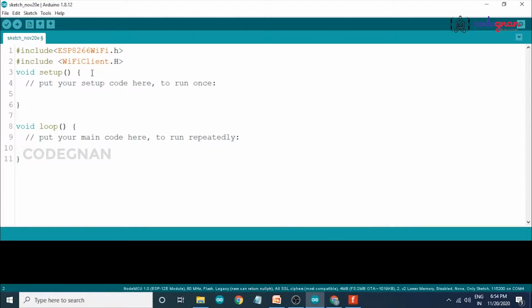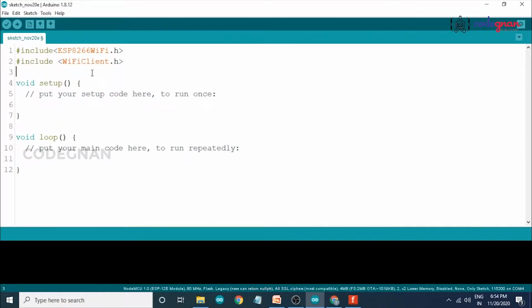By using these libraries, we can send our data to our web server, that means our local address of NodeMCU.